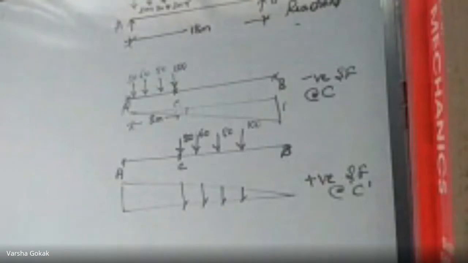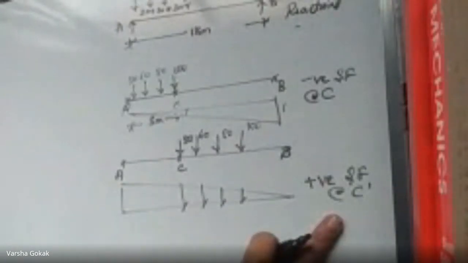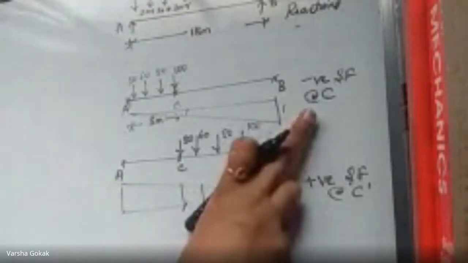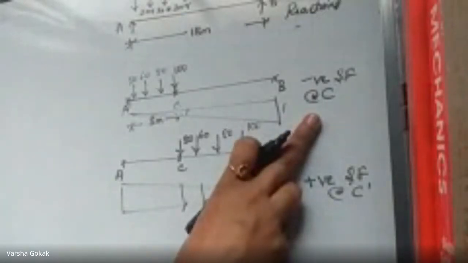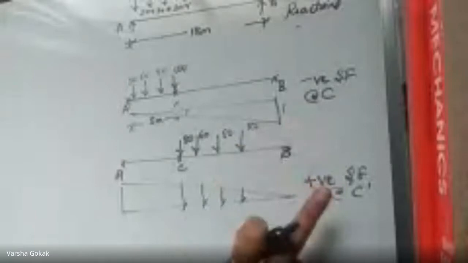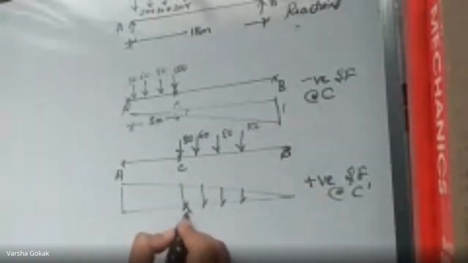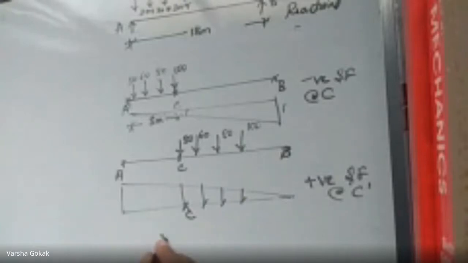In today's question, they have not given us a point C, nor have they asked us to calculate negative or positive shear force at a particular point C, but they have said to calculate the maximum and minimum absolute shear force. Now, can you link it to something and tell me what would be the value?